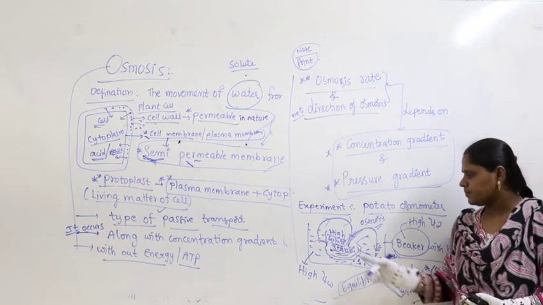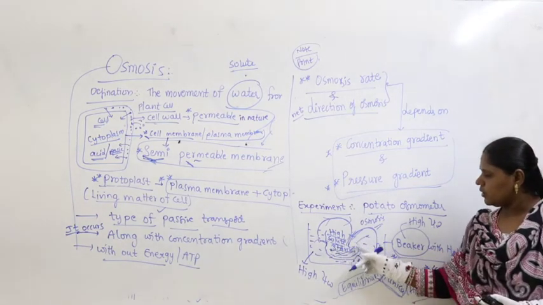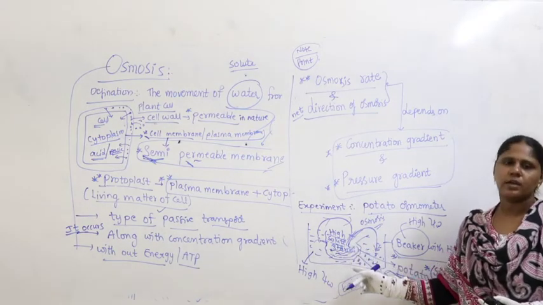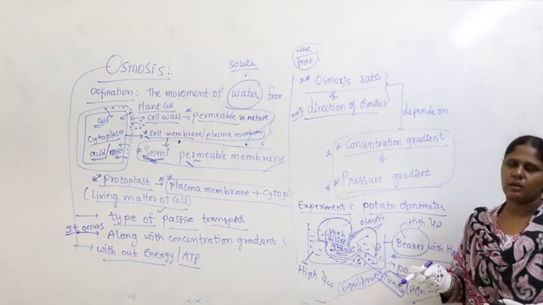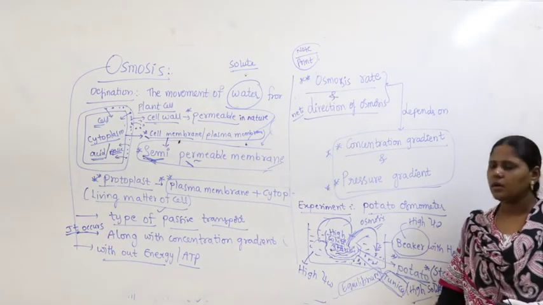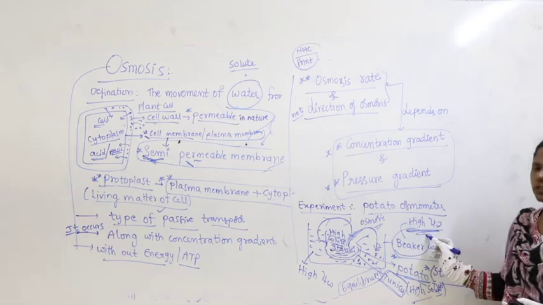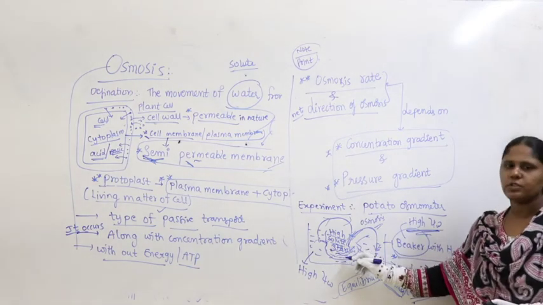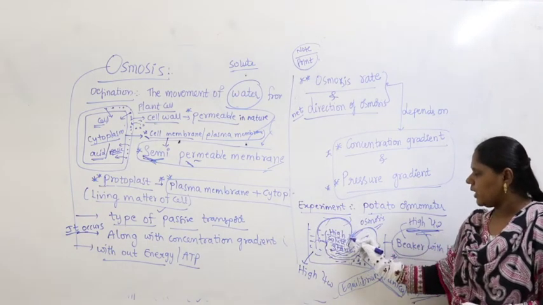I repeat again. Take the potato and a beaker containing water, and put the potato inside the beaker. Now the potato is covered by tunica here. Just peel off the upper part, remove the tunica, and make one hole at one corner of the potato. Then what happens here? The beaker has higher water potential because it has pure water. The potato has high solute concentration; within it you find more starch. So water keeps moving from the beaker to the potato.